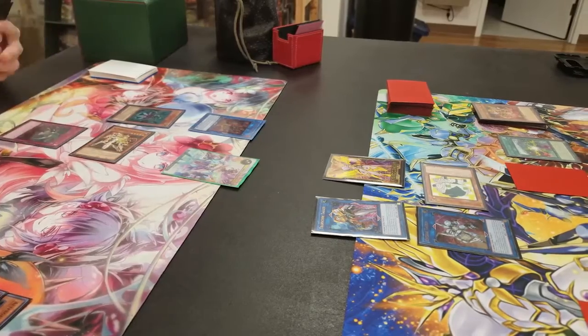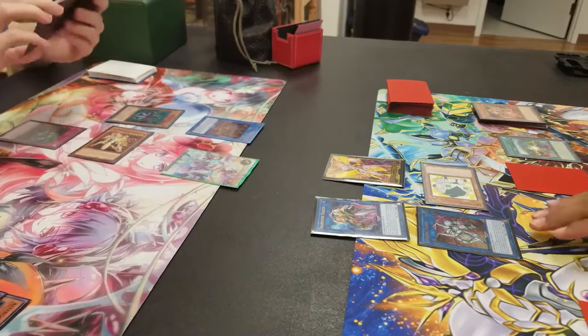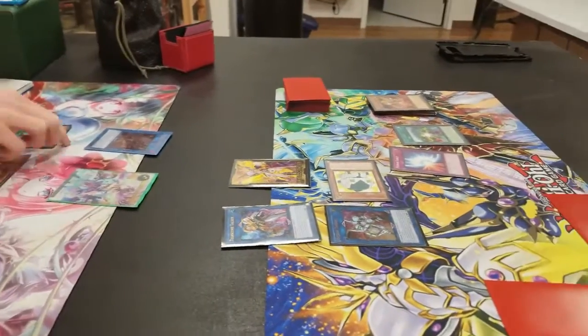And if he attacks my Encode Talker, Power Code Talker can't do anything. That is 31, both of them only have 28. If I had X-Code Talker on the field, he would also have another additional 500, so he'll be at 28. But then I flip the Mirror Force,